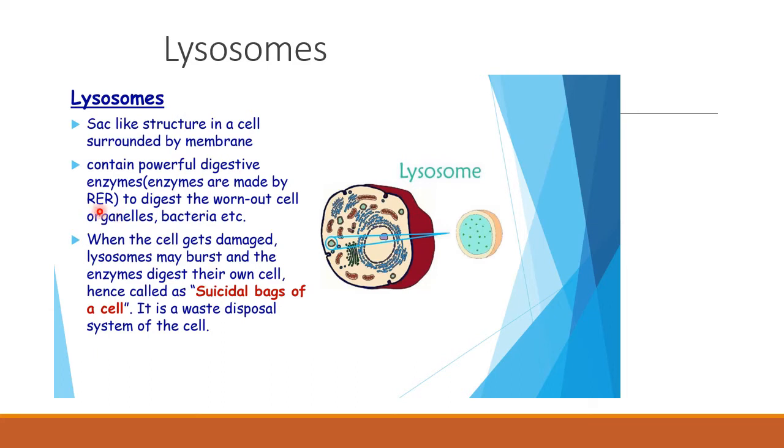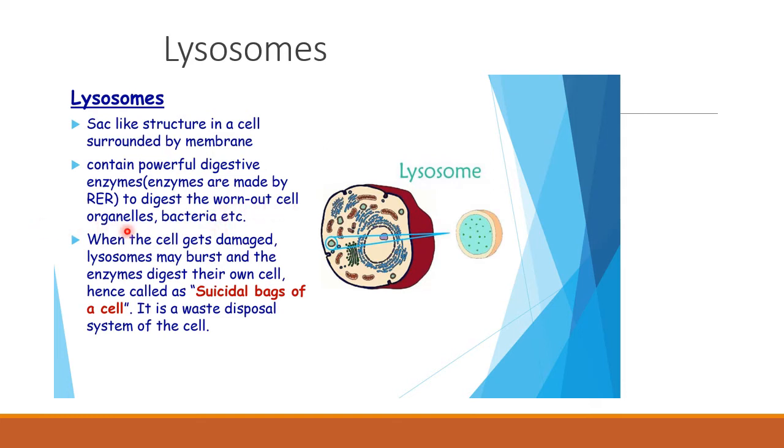Now, as the name implies, digestive enzyme means its role or its function will be what? To digest something. So what happens? It digests the worn out cell organelles, bacteria, etc. Now, for example, if any foreign substance enters into the cell which is not a part of the cell, it's a foreign material. So what happens? The lysosome releases these digestive enzymes, and it degrades or kills the foreign material, maybe a bacteria, virus, or even